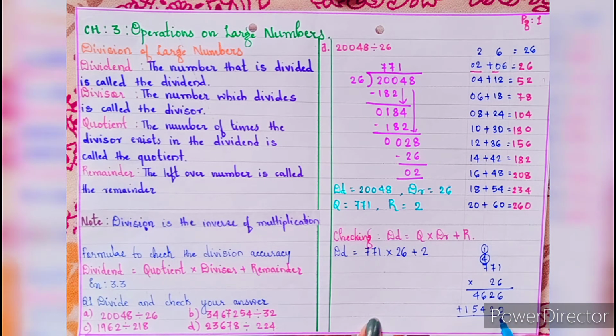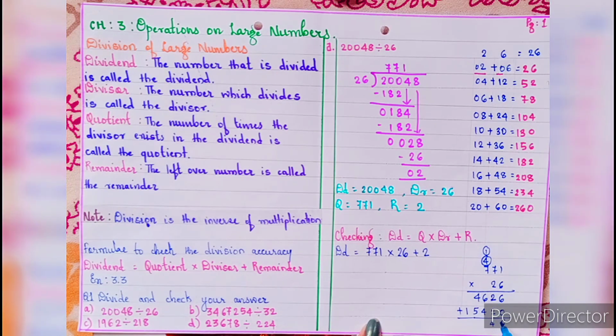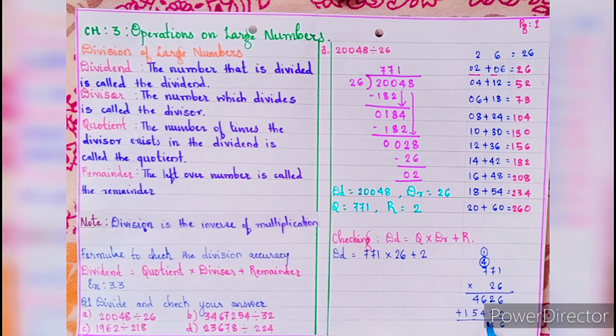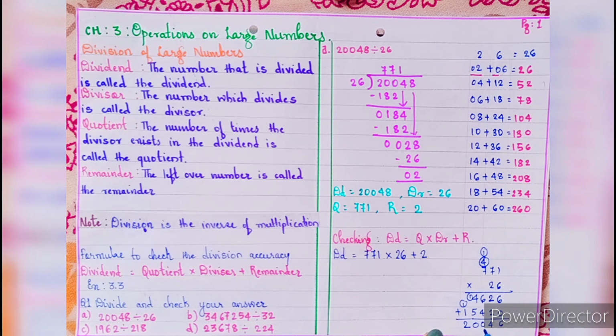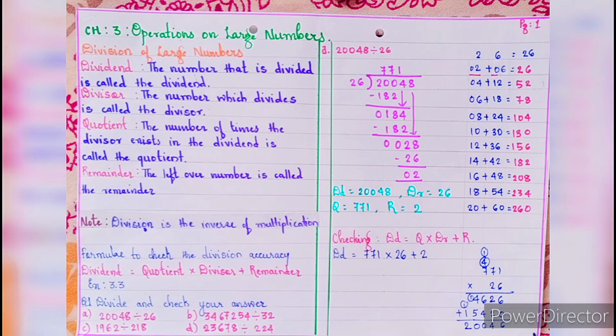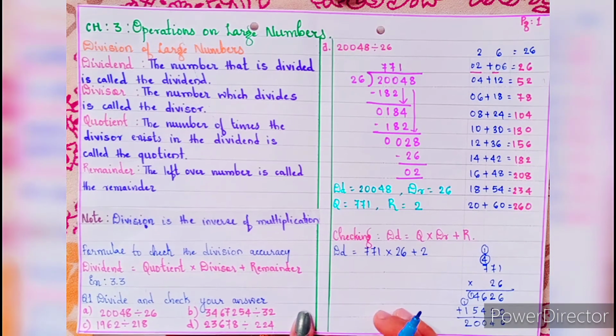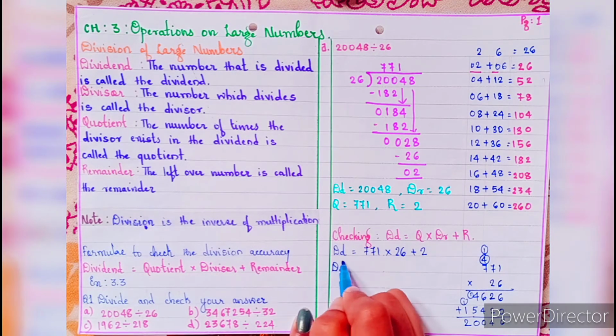6 plus 0 is 6, 2 plus 2 is 4, 6 plus 4 is 10, 1 carry, 5 plus 5 is 10, 1 carry, 1 plus 1 is 2. Thus we have got the product 20,046, and now we shall substitute this value into this. Thus dividend is equal to